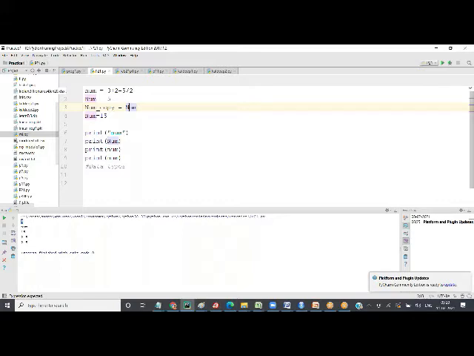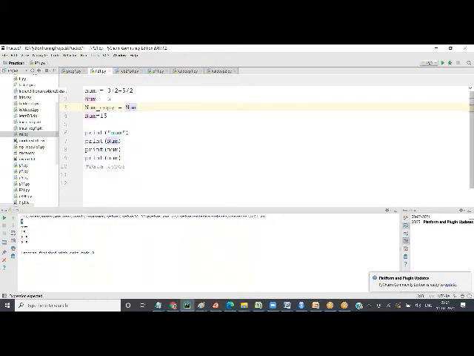What I'm doing here is storing the previous value in a different variable, and now I'm assigning the new value to num. So this is how you have to look at it.